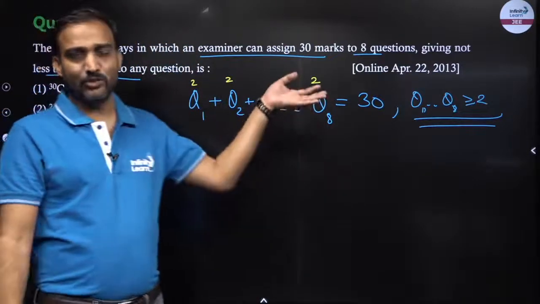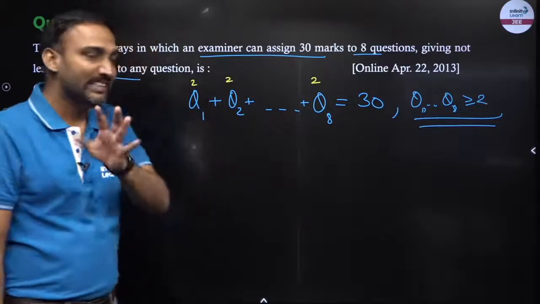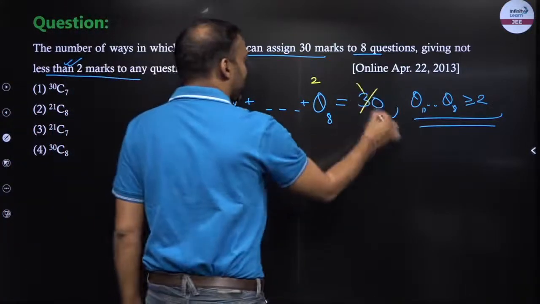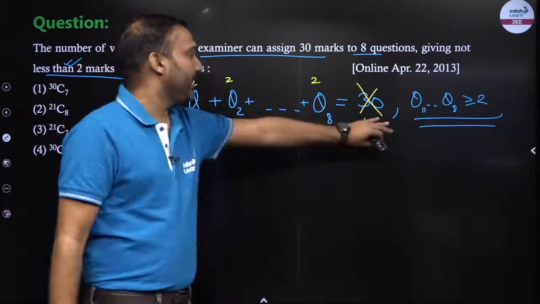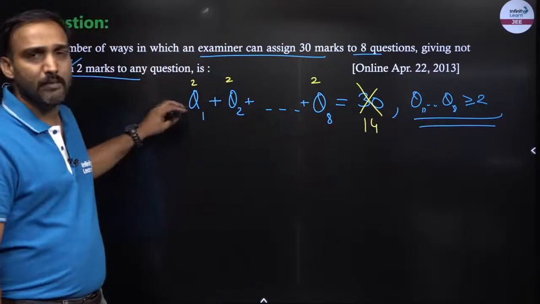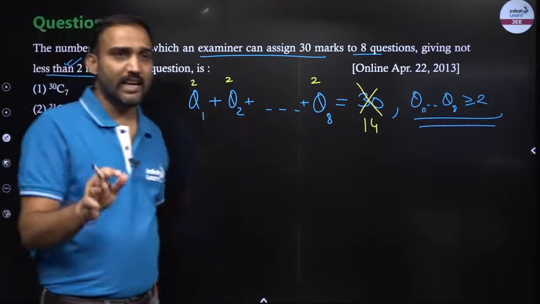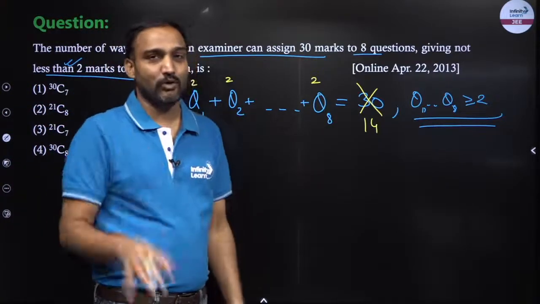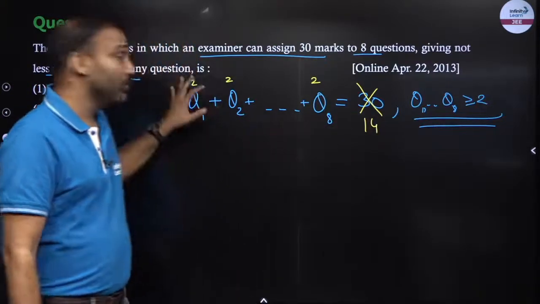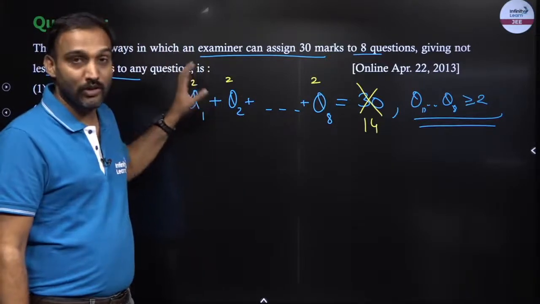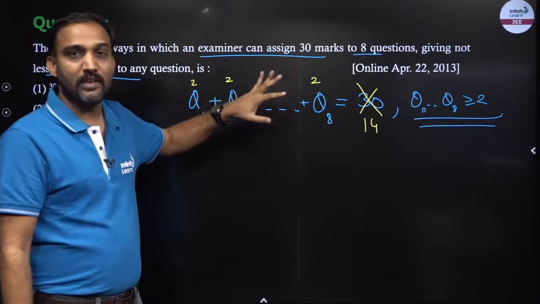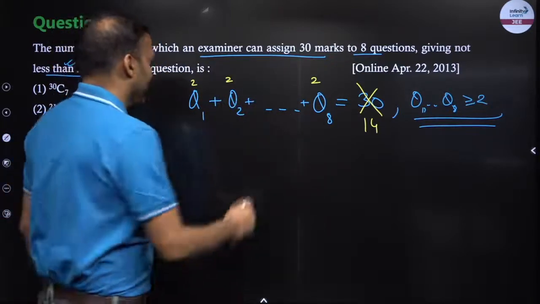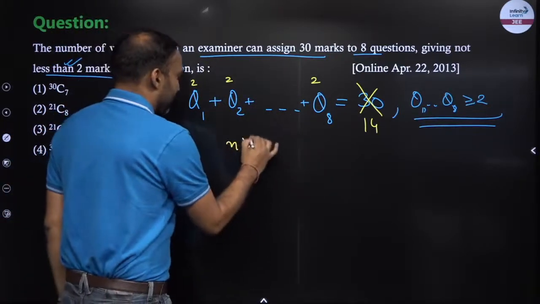So now there are 8 students and you have already distributed 16 toffees. So how many are we left with now? 14. Now these 14 identical things I have to distribute among these 8 people such that anyone can have any number of toffees. Now I can give all of them to Q1, or all of them to Q2, or 7 to Q1 and 7 to Q8. I have no constraint. So whenever you have n identical things